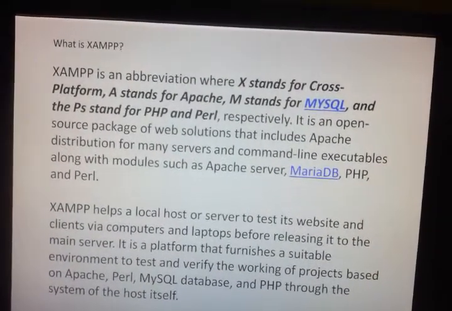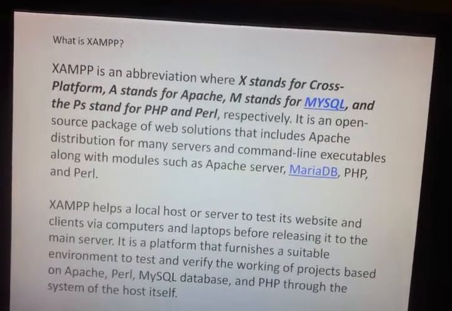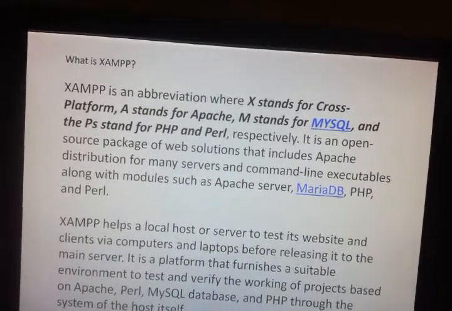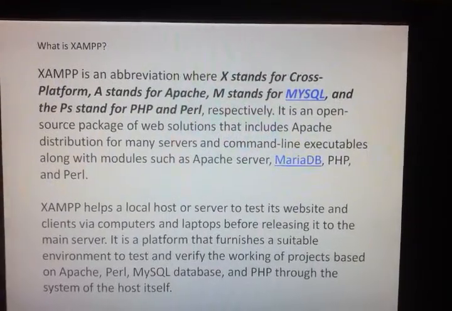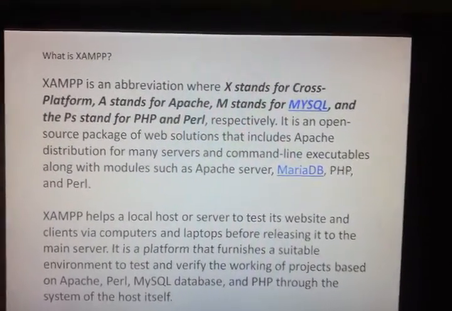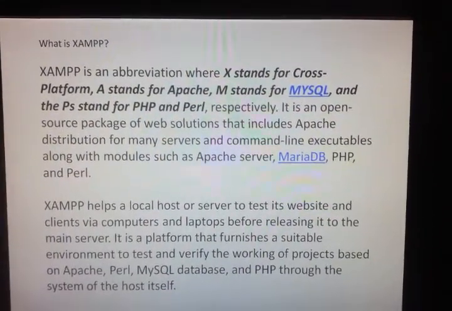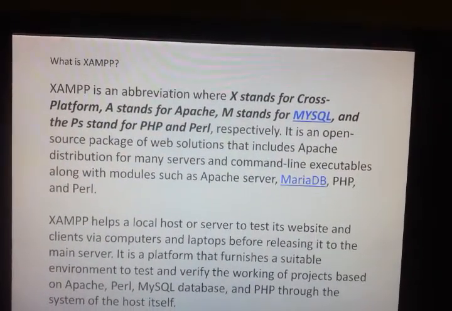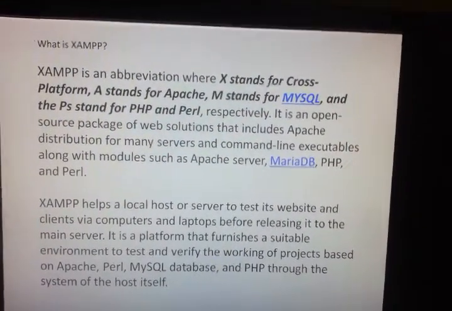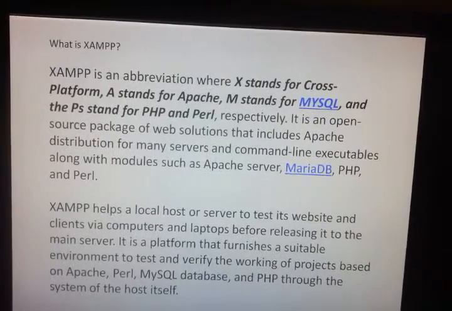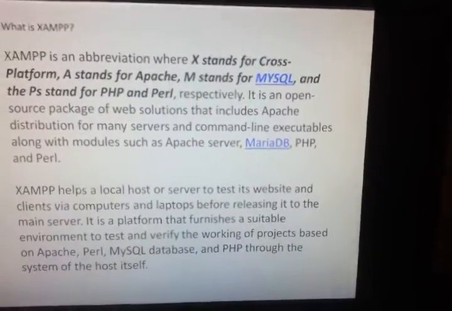So what actually is XAMPP? XAMPP is an abbreviation where X stands for cross-platform, A stands for Apache, M stands for MySQL, and P stands for PHP, and another P stands for Perl.